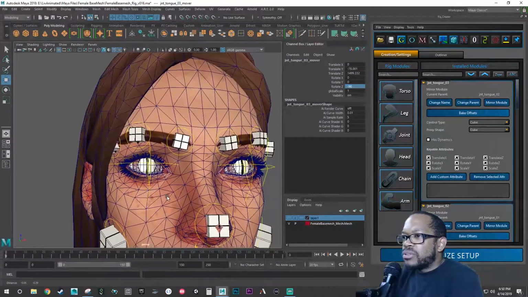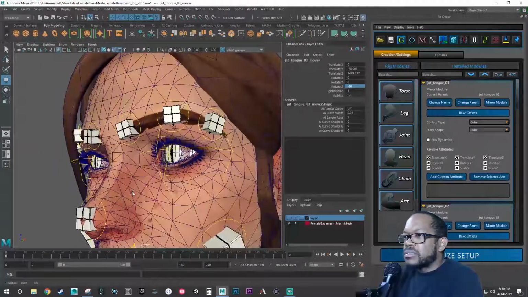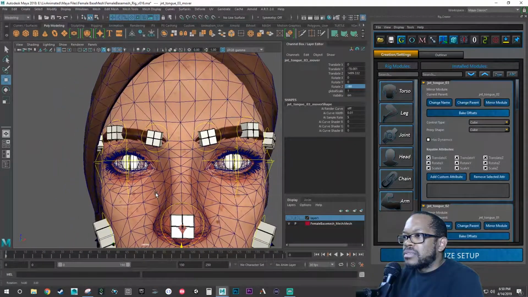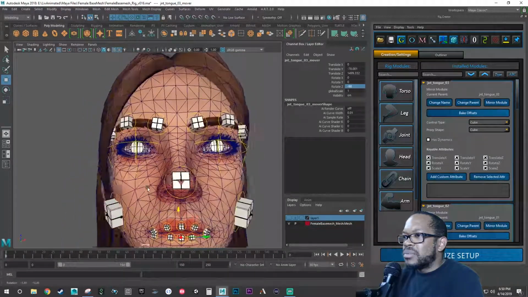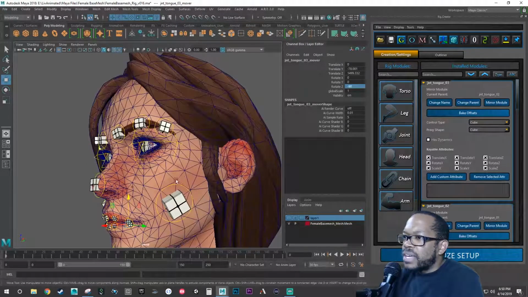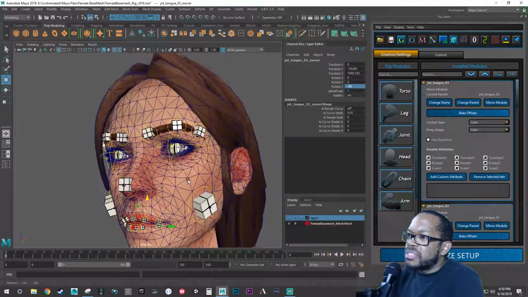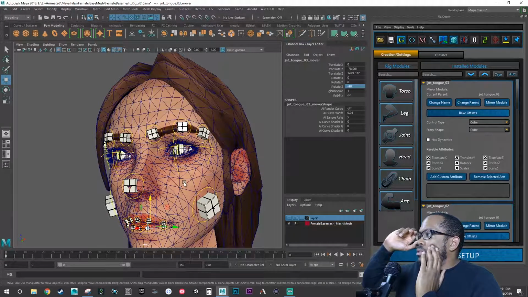For those cheek controls, let's add it. Do we want to add it? I think we can, because this is only going to really affect this much of the cheek right here. There's going to be some falloff here and stuff, but that's not the same thing that pushes up. It could be. We may not need to have additional. Let me see. If we take this controller and we can